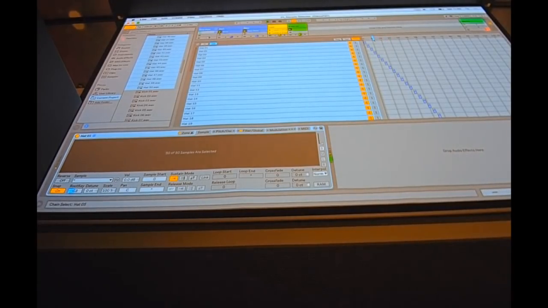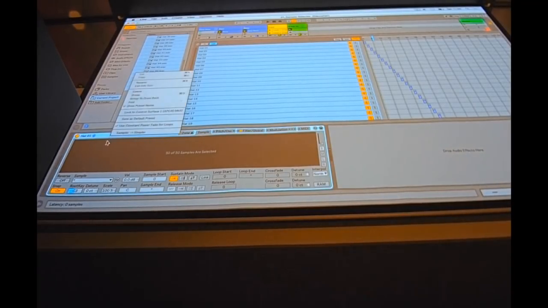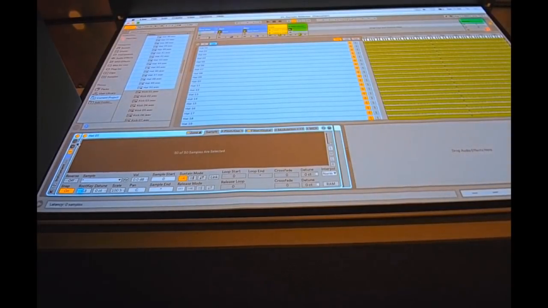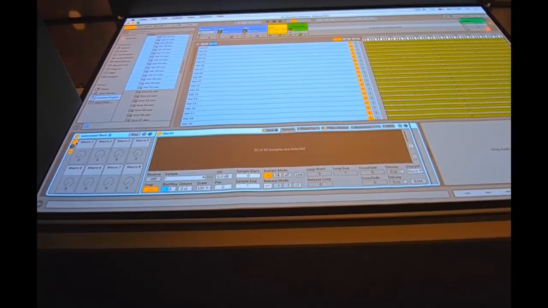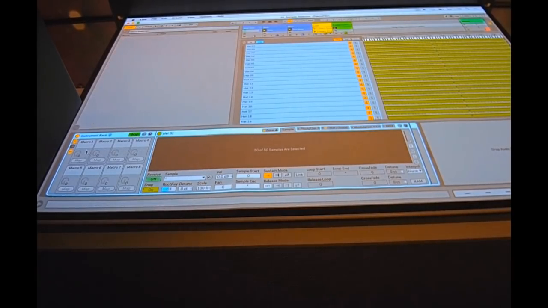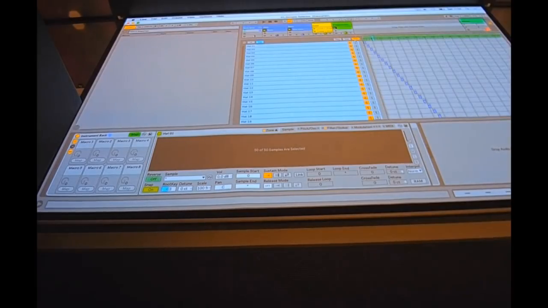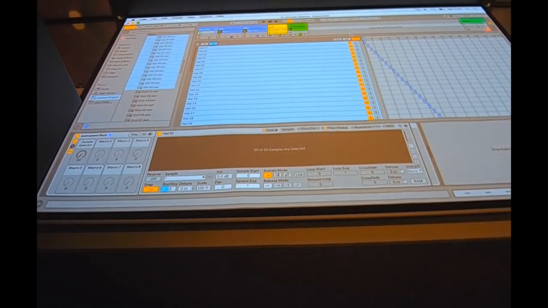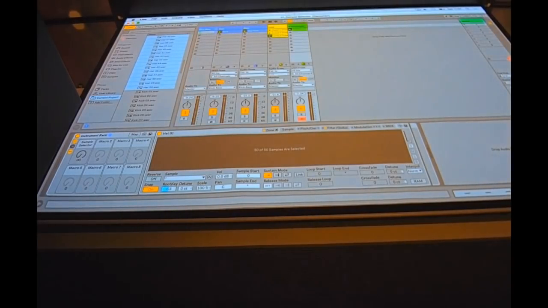And what we can even do is create a macro for that. So if you say here group track, and you click here, you can go to macros. Yeah, it's on the screen, good. And you can map that, the first one, to this sample selector. So now I can close this down and just have my loop going, and I can scroll here through all these 50 samples that I just loaded in.